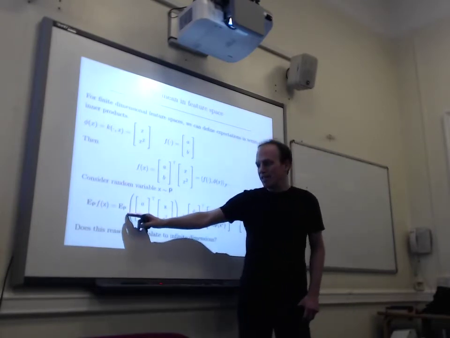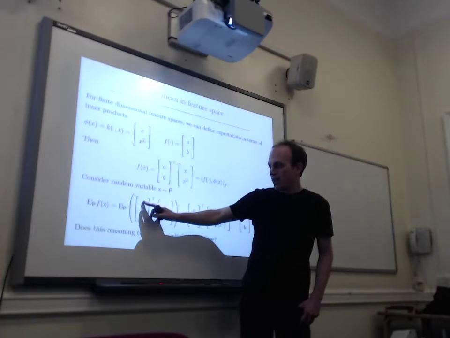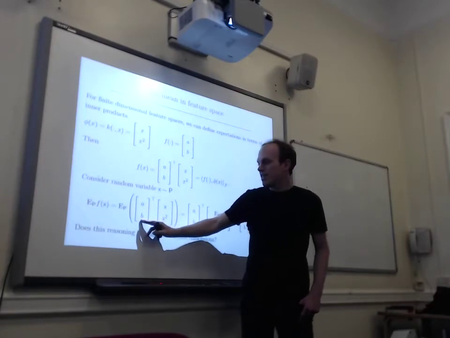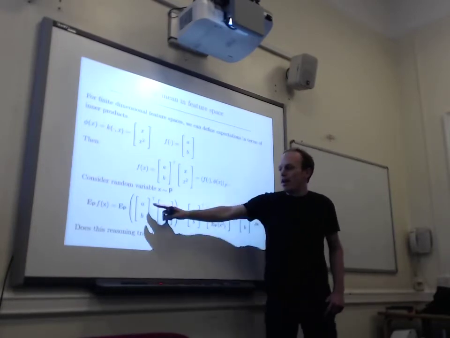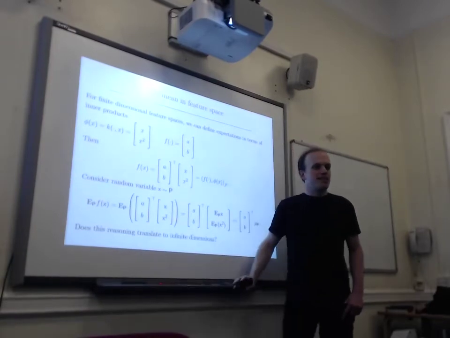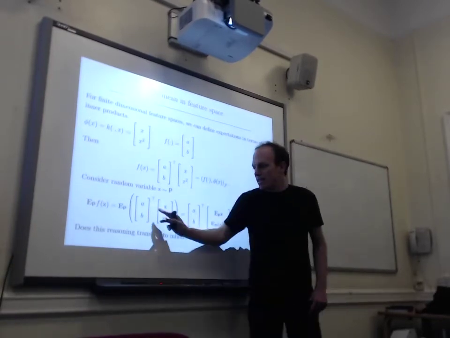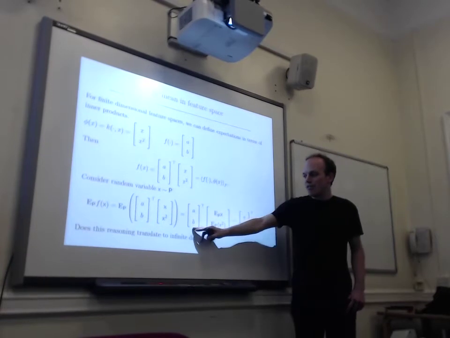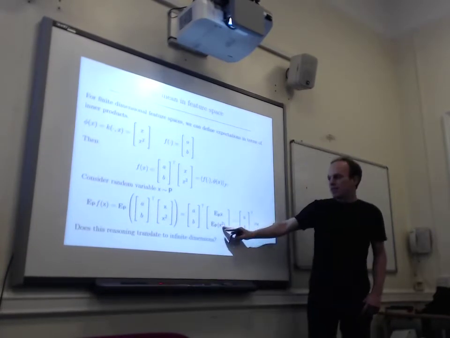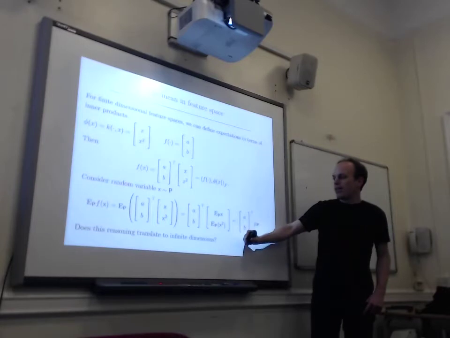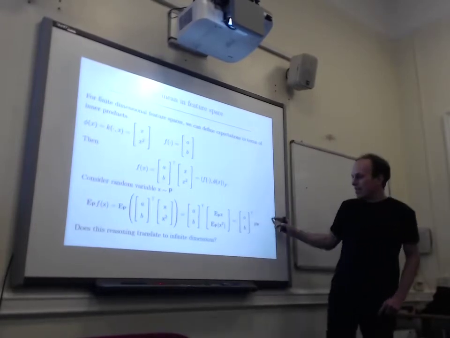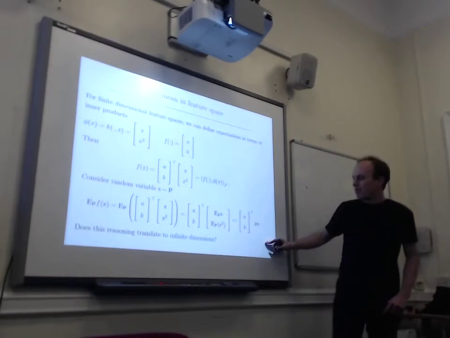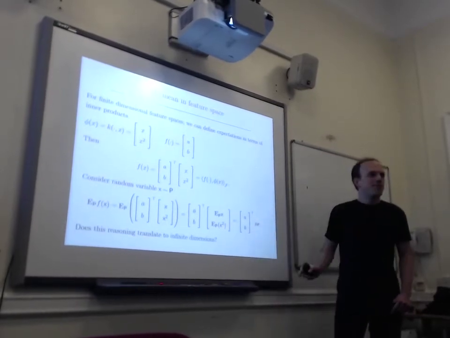You've got the expectation under p of the inner product of my f representation with my vector of random features, so these are now random variables. a and b don't have any dependence on x, so I can take my expectation inside and get the inner product of a and b with the expectation of x and x squared. And I'm going to denote